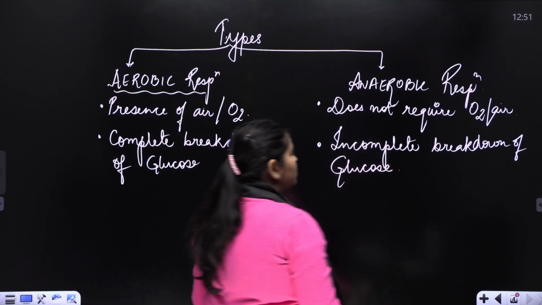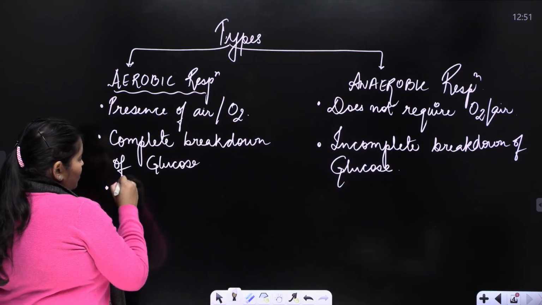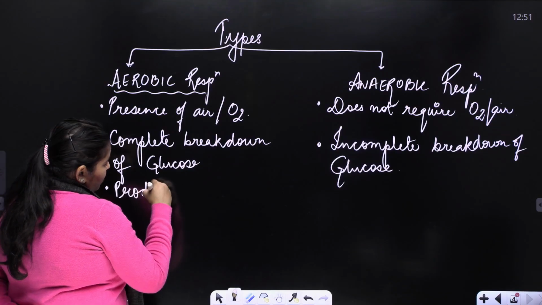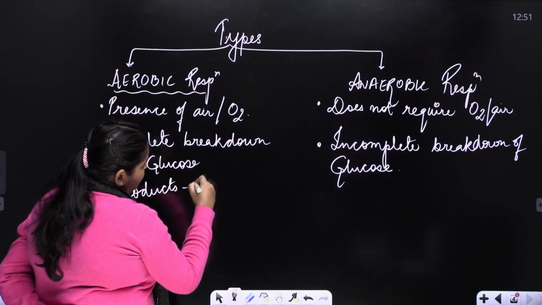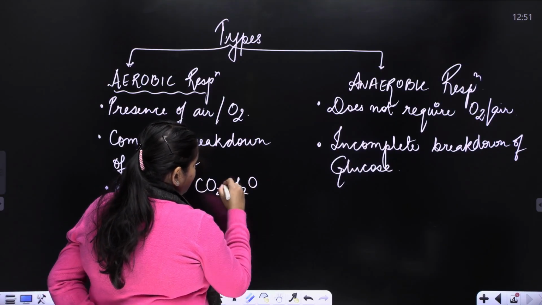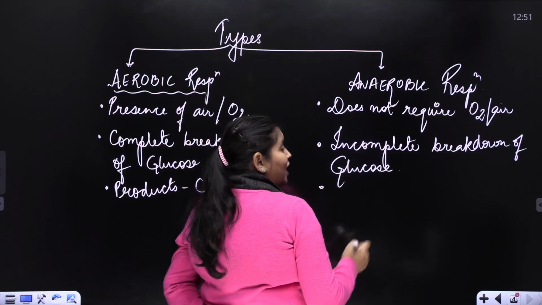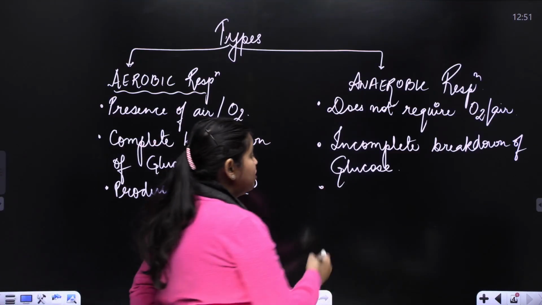Complete breakdown means that glucose releases carbon dioxide and water as products. Whereas incomplete breakdown means it can either produce